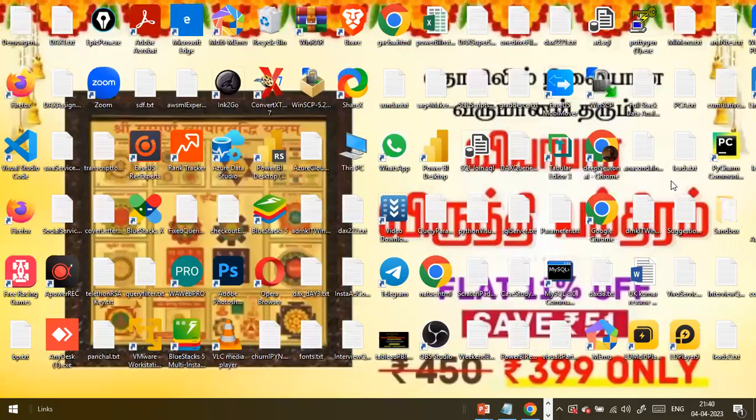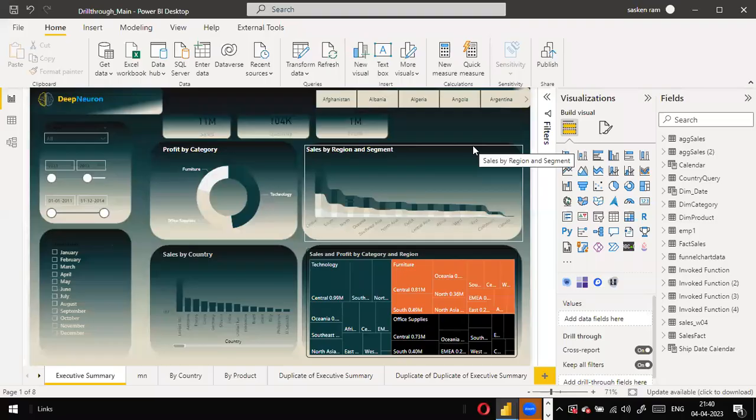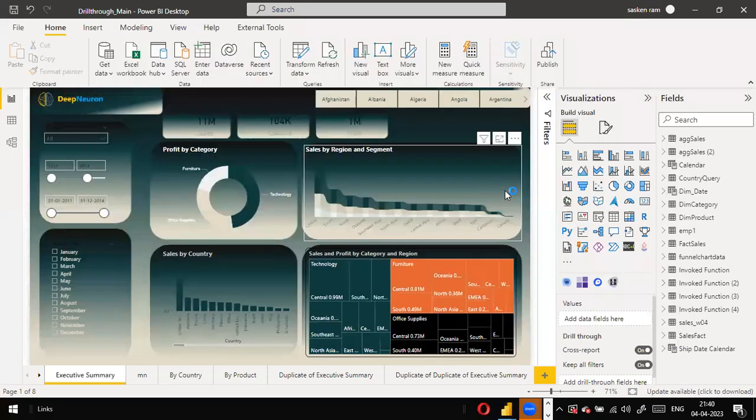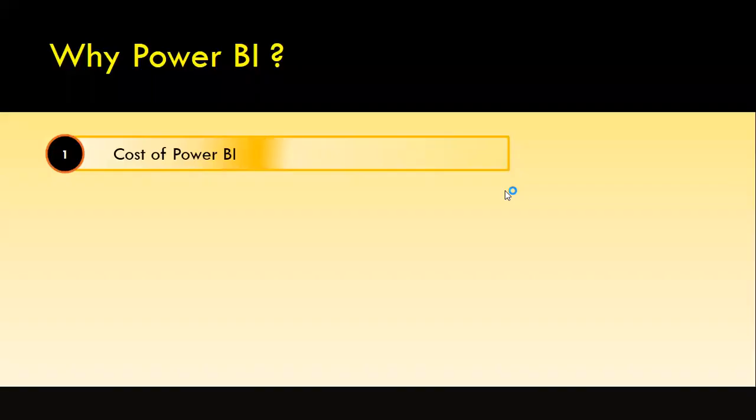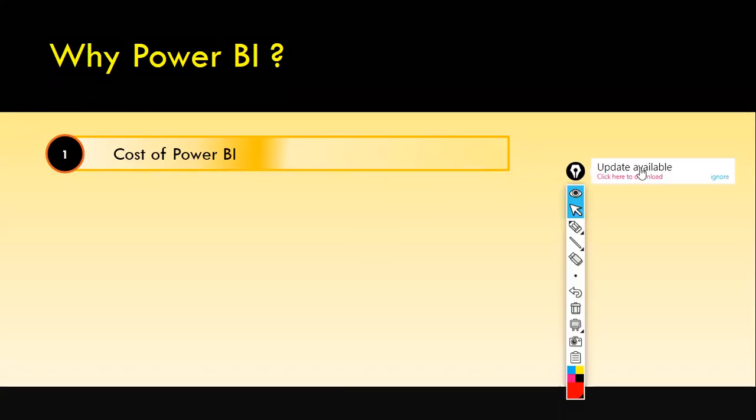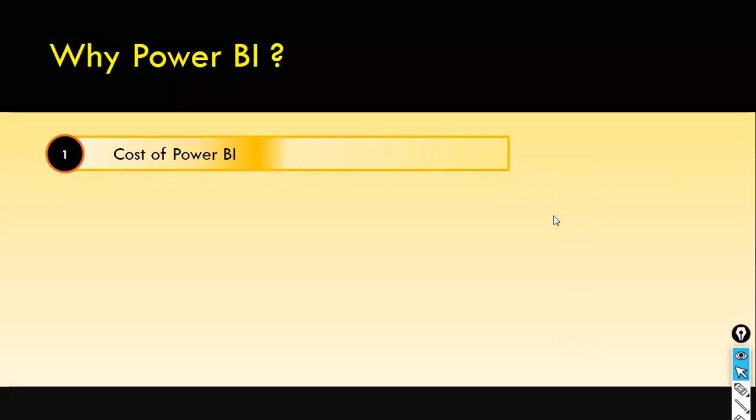So end of the day, Power BI desktop is absolutely free. You don't have to pay any money. But if you want to share your report across your organization to various stakeholders, obviously you need to publish the report on cloud. In that case, you have to go for licensing. But as a learner like you and me, if you want to find out how the cloud service works, they give you a 60-day Premium Per User license. Afterwards, it will expire. You need to pay money and get it renewed.